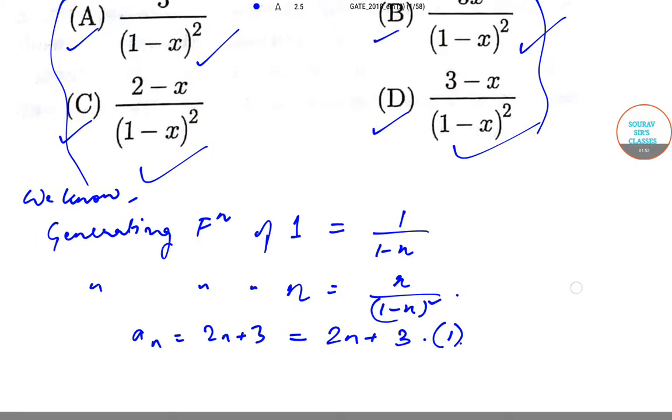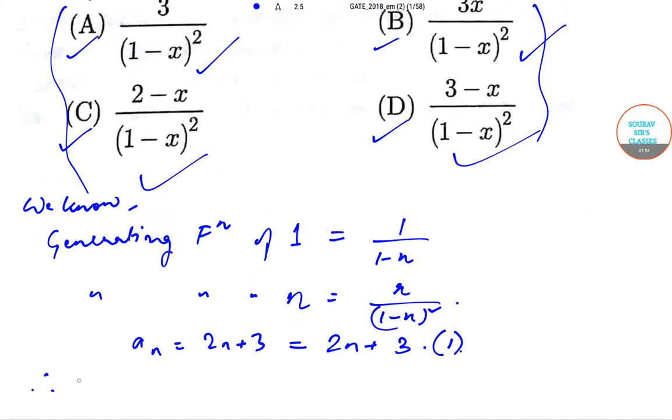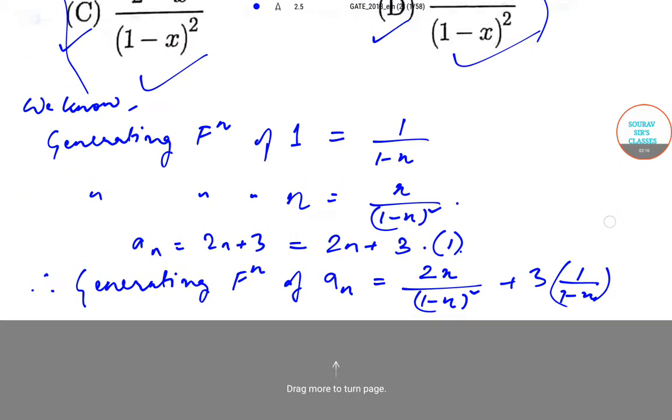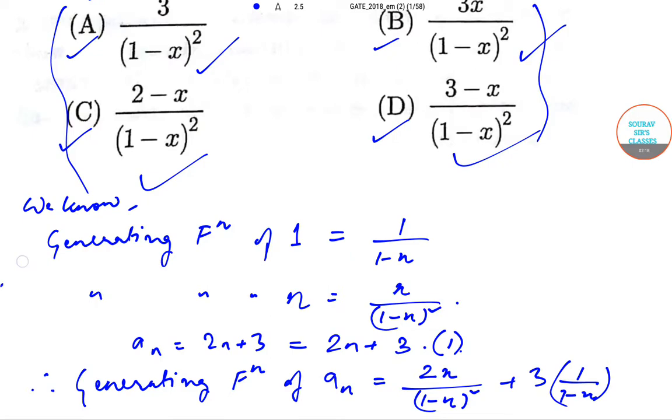So therefore the generating function of an will be given by 2 times the generating function of n, that is 2 times x upon (1 minus x) whole square, plus 3 into 1 upon 1 minus x. Upon solving this,